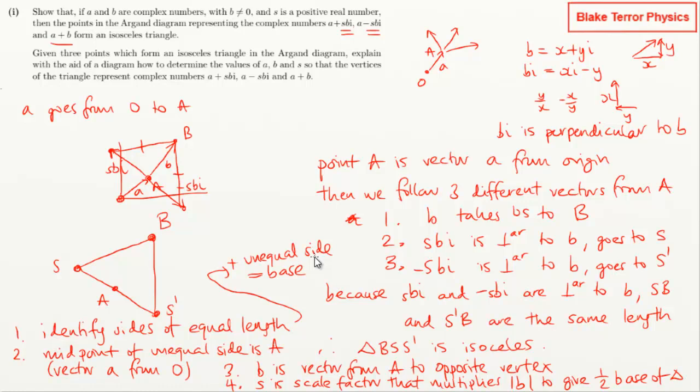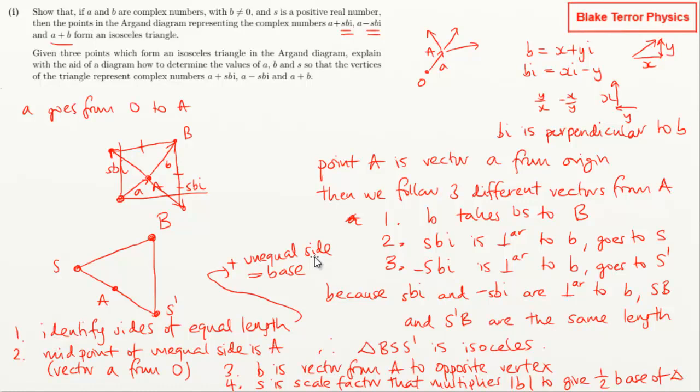That seems to have everything. So you identify the sides of equal length. The unequal side is the base. The midpoint of the unequal side, which I could have called the base, is A, which is vector A from the origin. B is the vector from A to the opposite vertex. S is the scale factor that multiplies B, the magnitude of B, to give half the base. Yeah, I mean, that seems fine. Right, that just follows through. So yeah,